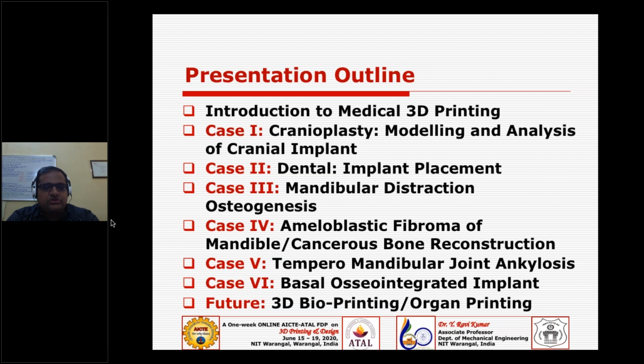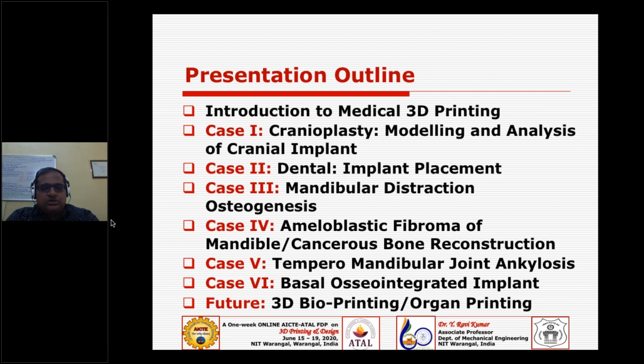The third case is about mandibular distraction osteogenesis, and the fourth case is ameloblastic fibroma of mandible, or cancerous bone reconstruction. These names are derived from Greek or Latin, so we may face some difficulty following this terminology.